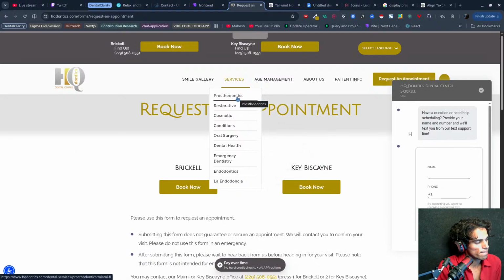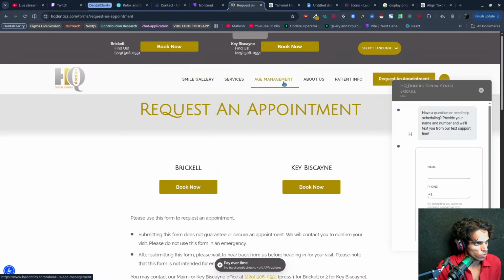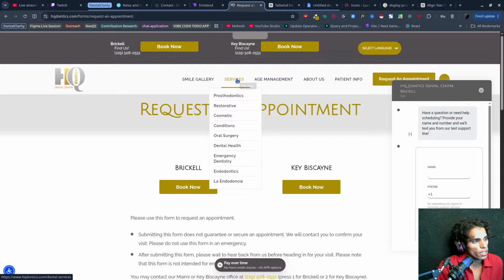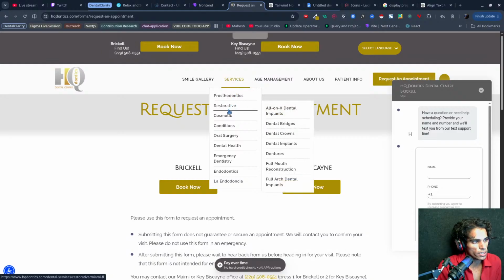What I want is styling like this. So how can we do that? I don't want border radius. First, I don't want border radius. Second, we should have a border.